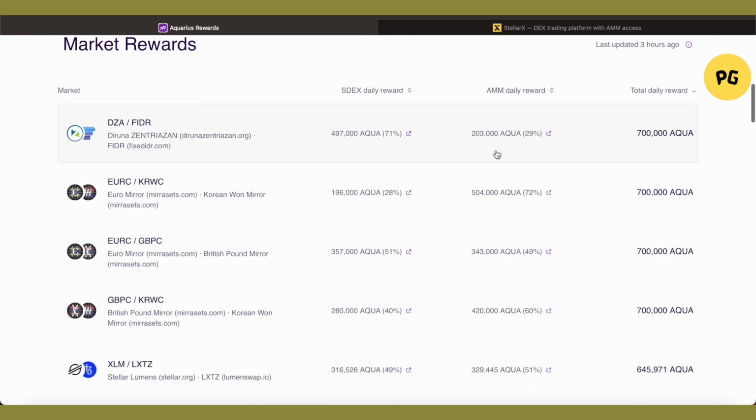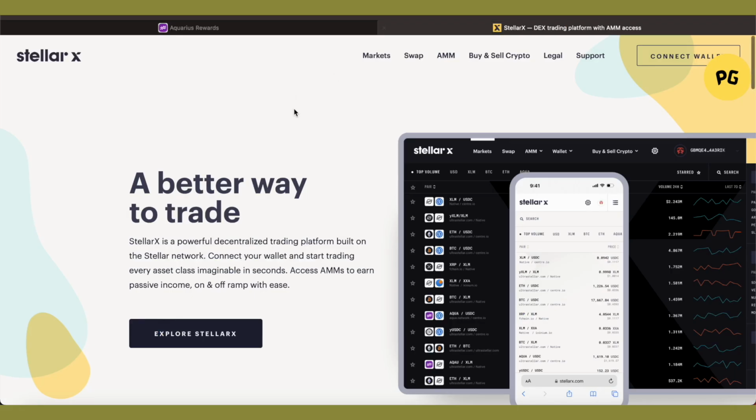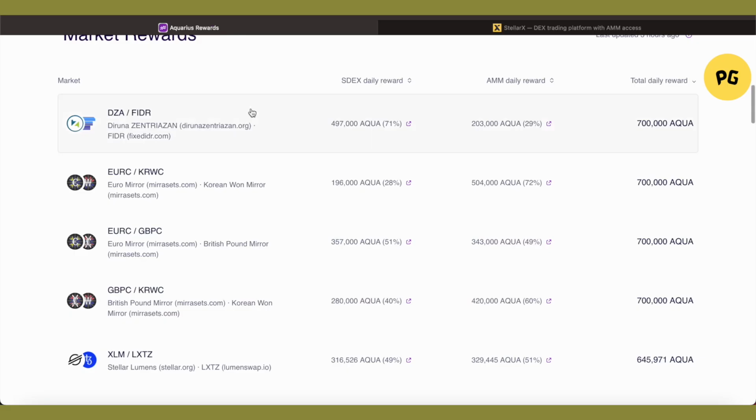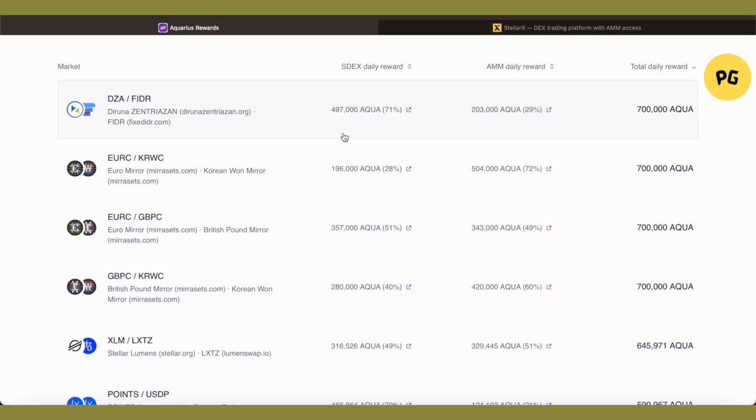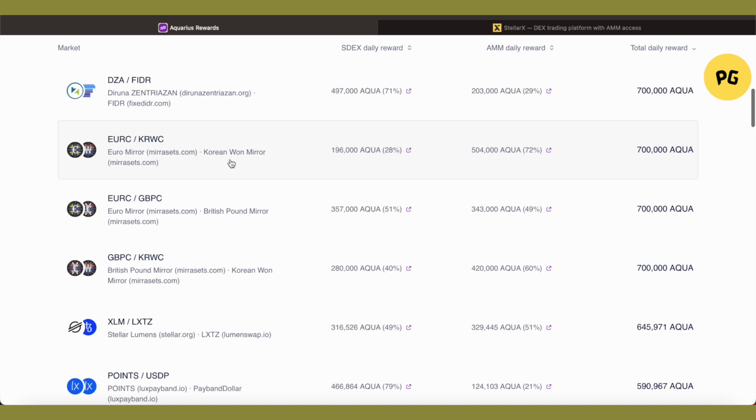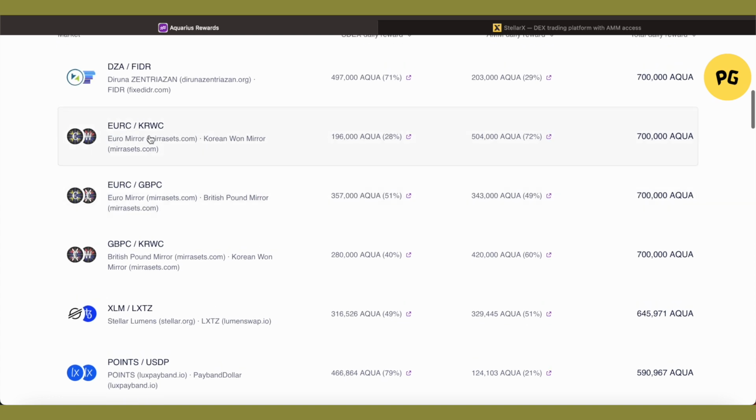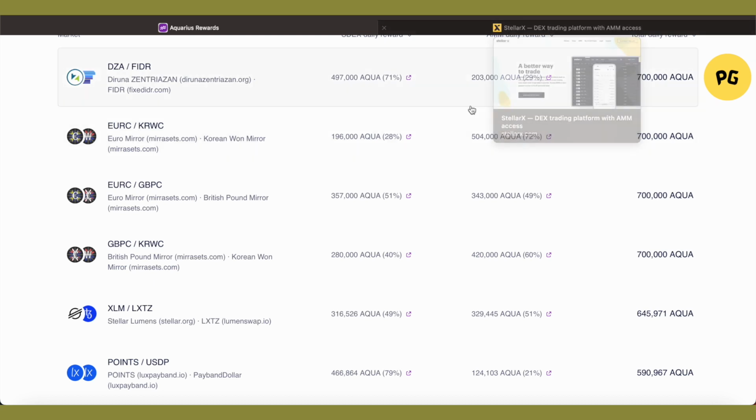For AMM rewards, you can simply use StellarX. Just connect your wallet and provide liquidity on StellarX. Suppose you want to participate in the AMM rewards of this particular pair, then you need to purchase EURC and KRWC. EURC is the digital form of the Euro, and KRWC is for the Korean Won. After converting your crypto half into Euro and half into KRWC, you will be able to participate in AMM